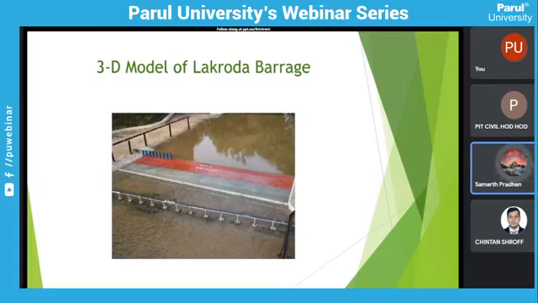This Lakroda Barrage was tested after construction also. Post construction studies were also carried out on this barrage, and due to high erosion on the downstream side, you can see the erosion also. See this grit is there, no? So that's showing the erosion. Whatever grit was there just after the end sill was washed away and came towards the bridge piers. So this was studied, and finally this